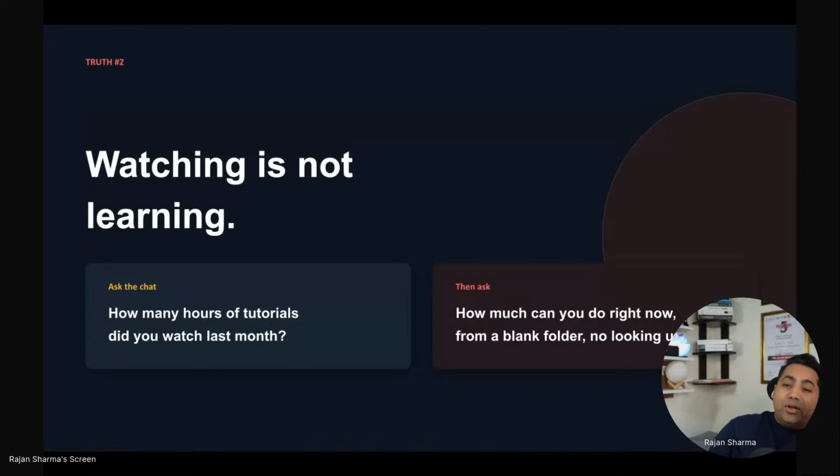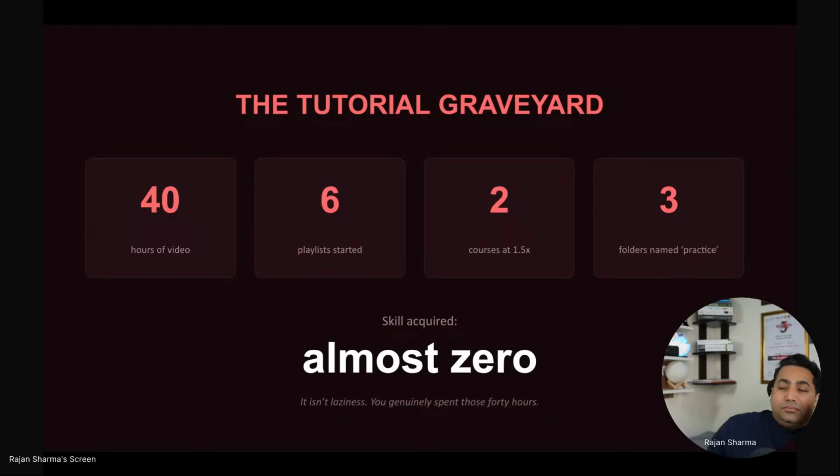And if you can do that, is it possible to do it now without the help? That's called the tutorial graveyard. And why this slide is important is,